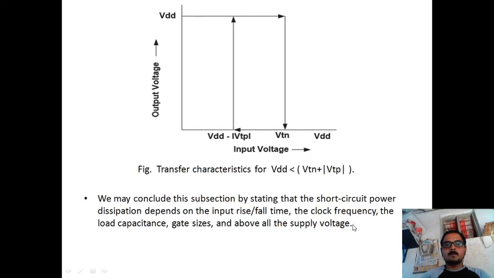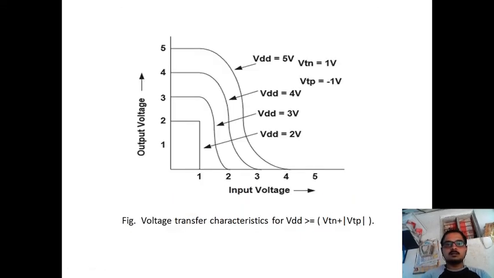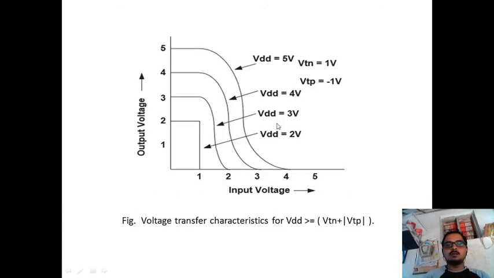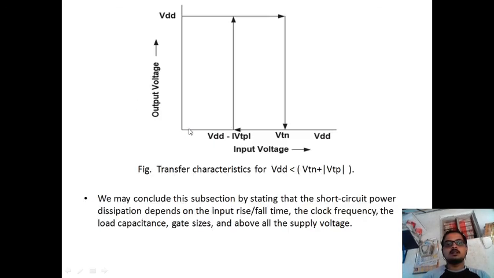See here, this term is elaborated here. When VDD is equal to or less than VTN plus VTP, this term is elaborated in this graph. This graph is represented when VDD is less than VTN plus VTP. Here there is a sharp falling at VTN greater than VT or VTN equal to VT. VDD is equal to VTN or VDD is greater than VTN. There is a sharp decaying here. This graph is elaborated here.